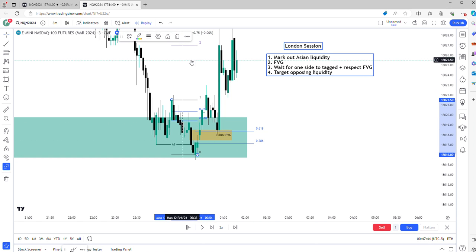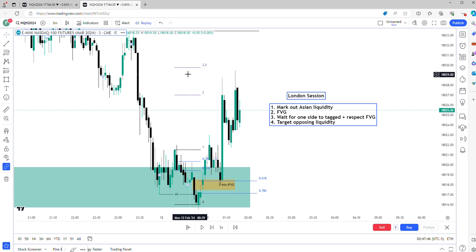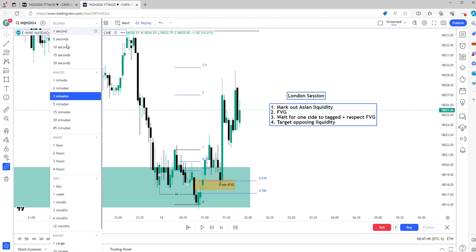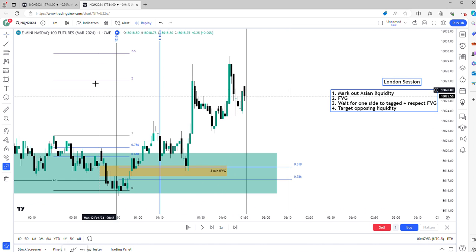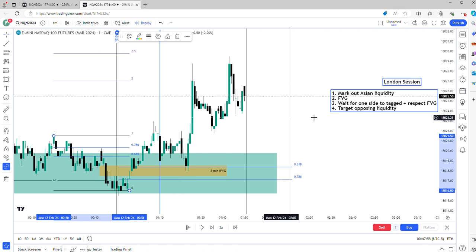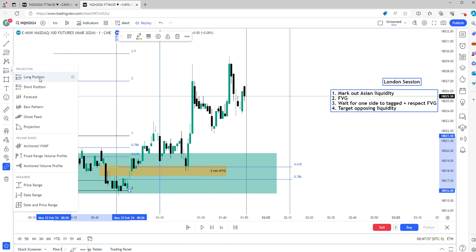Notice how if I extend that across in time between the 2 to 2.5, that's where we have a small retracement, right? And that retracement on the 1 minute looks like this, right? So that's what it looks like. So really, you can use it as a projection tool, and say for example you're going for a long position